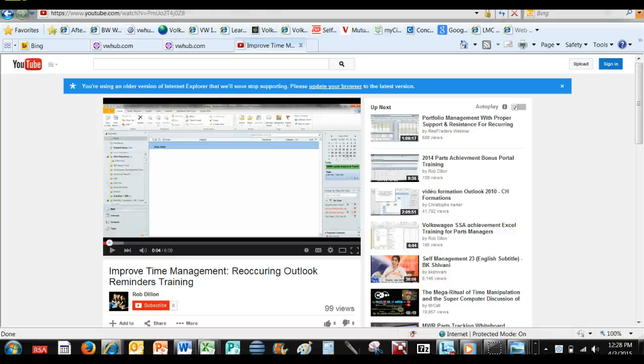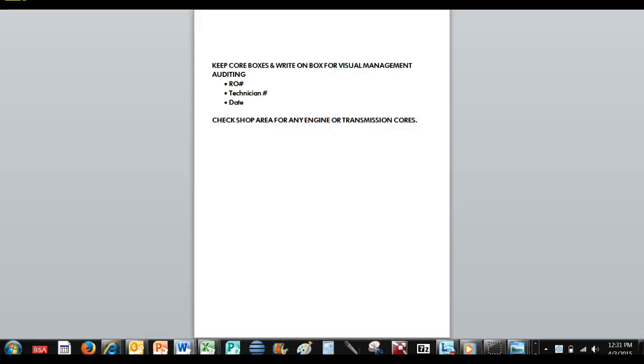So my last best practice that I'd like to tell you about is to make sure that the cores are not given out to technicians or customers and never returned, and we lose out on that opportunity and money. What I'd like to recommend is when you do hand out a core, any of your countermen hand out a core, they hand out the part and not the box. On the box in black